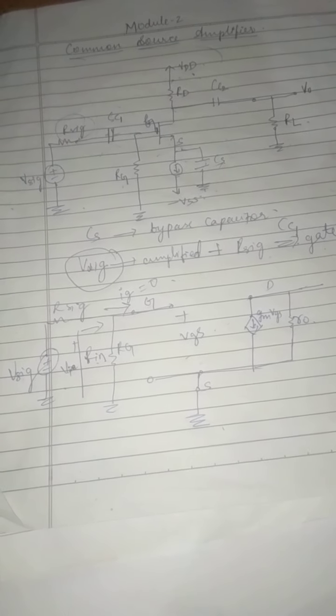Now, where do we apply our input? Across this part only. Let me give this as my Rin. If Rin is the resistance, the potential appearing across it will be Vin, or Vi. As we have seen previously, the gate current is going to be 0. We have seen this even in the T model, right? Now, this is all about our input or the gate part.